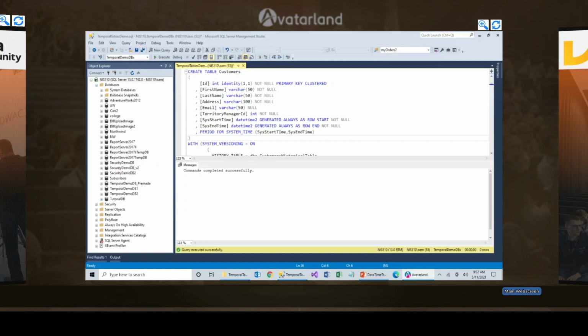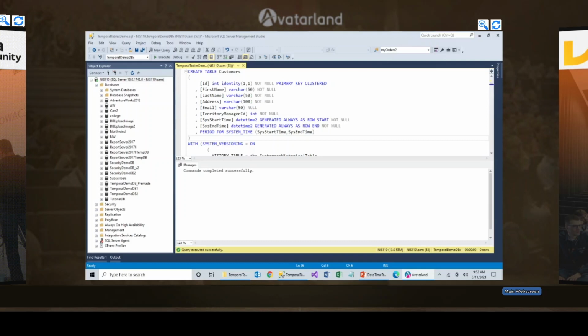And so for my customers table, you see that it says system version next to it. In addition, you'll see that the icon for that table is a little bit different than my standard territory managers table. You see that there's a clock next to it with a calendar. When I expand my customers table, you'll see that immediately underneath it, I have a customers historical table. And I don't know why the expansion is not cooperating here. But under the customers historical table, when I expand it,